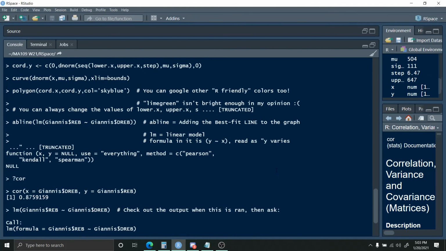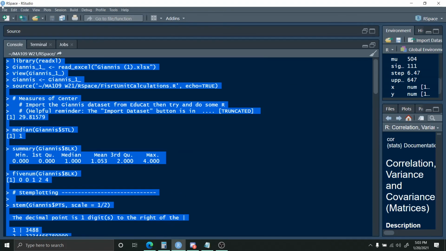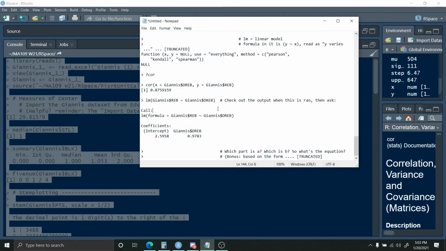Somebody asked, and this is a really good question, do we need to answer the semi-rhetorical questions? Which part is A? Which part is B? What's the equation? You don't have to worry about any of that for this. This is purely an "is RStudio working for you" assignment. So I'm just looking for you to go ahead, drag across, Control C, go to Notepad, Control V. That's all I'm looking for. You go ahead, you're going to save this as a text file and then drop it on